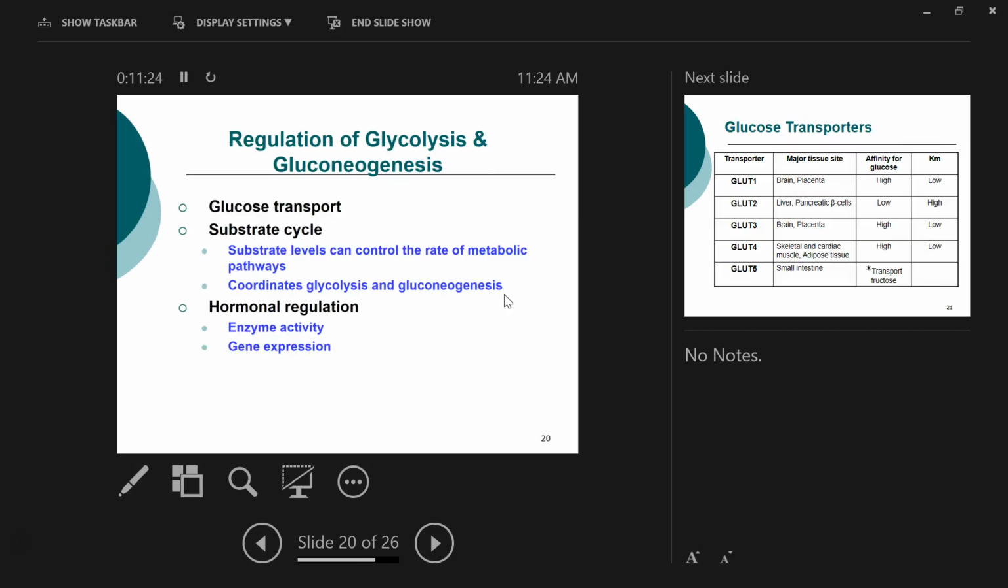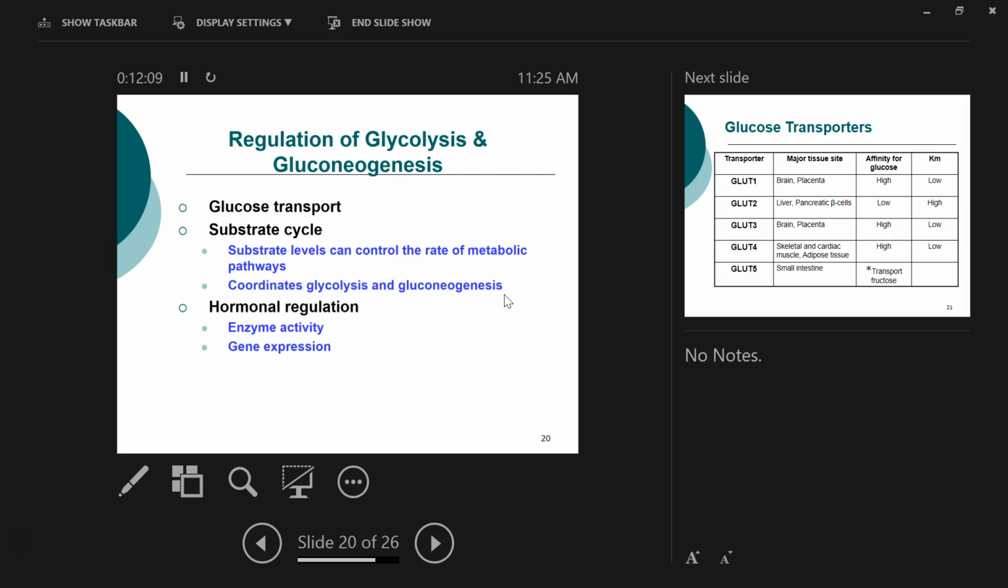Okay. So now we're going to talk about the regulation, right? Regulation, basically 3 different levels, right? The glucose transport level, right? It can be controlled by transporters. But of course, the transporter is regulated by glucose level or by insulin, and then the substrate cycle levels. Substrate in each metabolic pathway can also regulate enzyme activities, right? And lastly, the hormonal